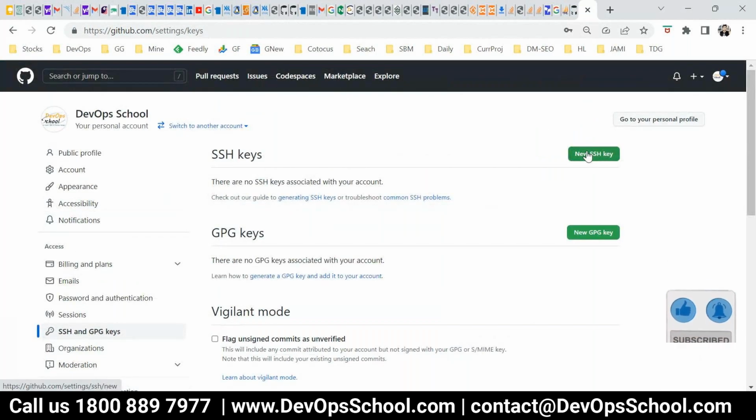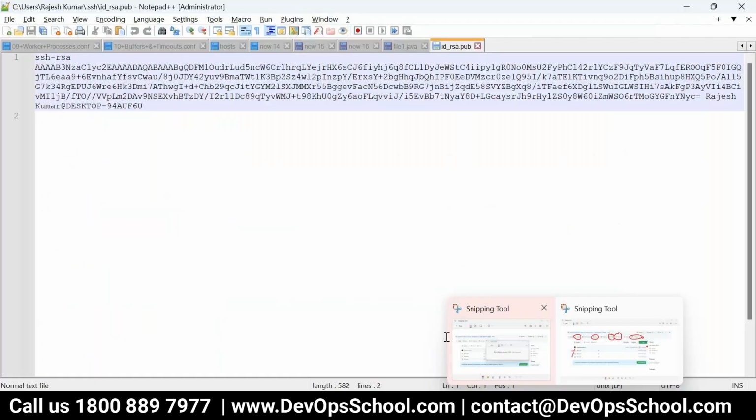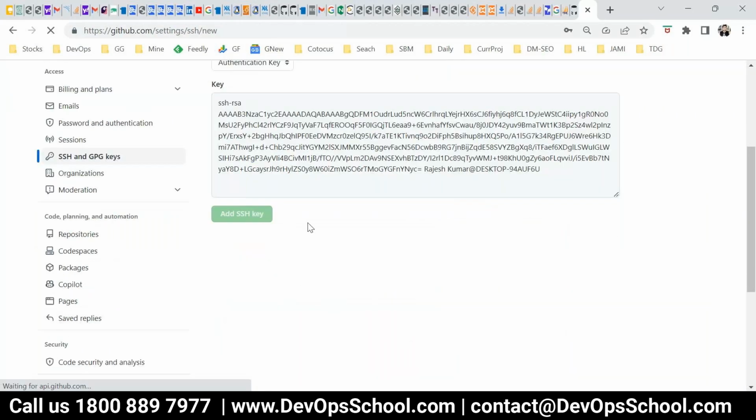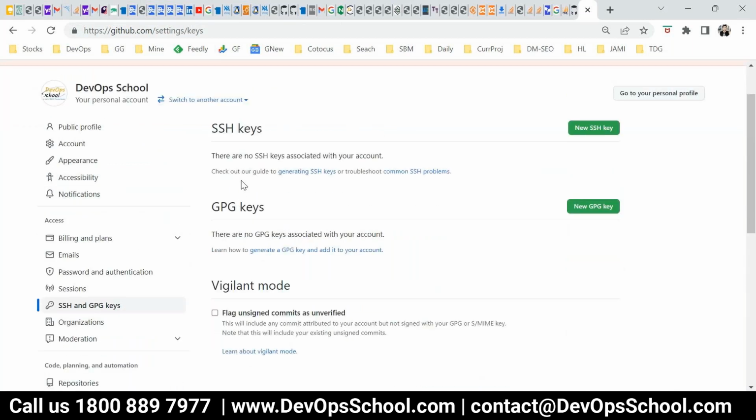Here give a title like laptop, and here you paste it. That's all. This key I have already uploaded, so this error is coming. If it is a unique key, you will not get this error. Then you will see the list of keys here.